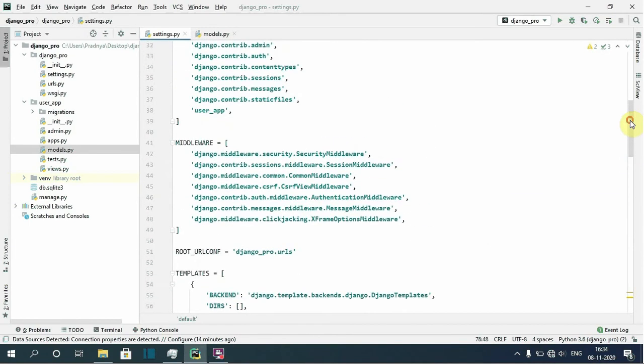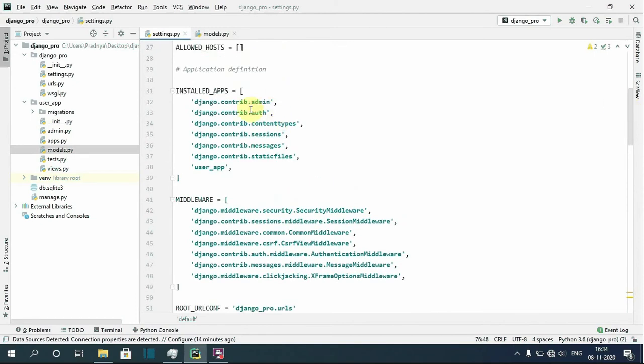In the INSTALLED_APPS section, these are the names of all Django's default apps up to staticfiles, which are included by default by Django, and this is my user app I have included. The first one, django.contrib.admin, is the app for the admin side.